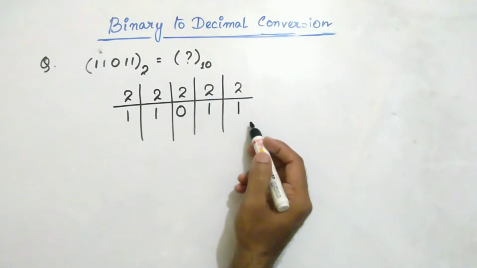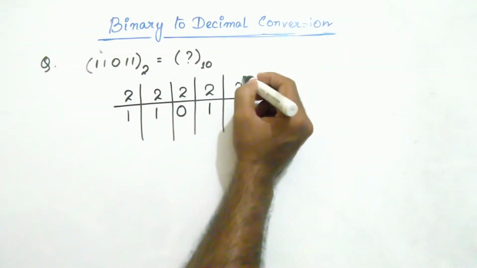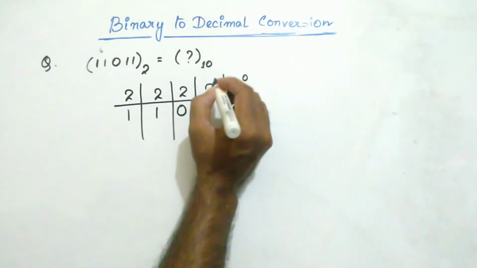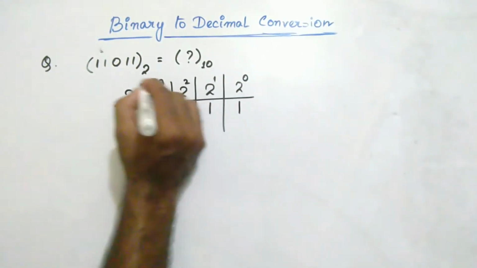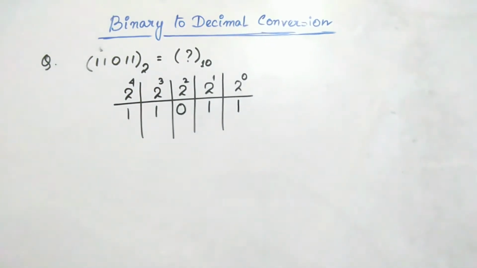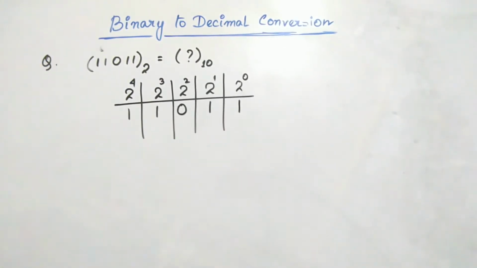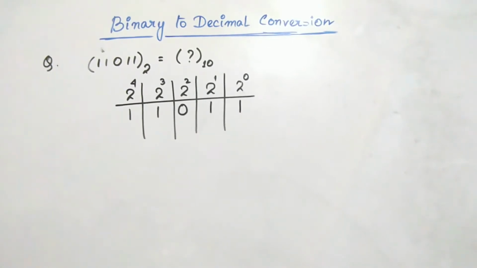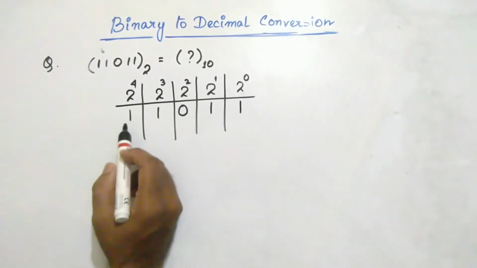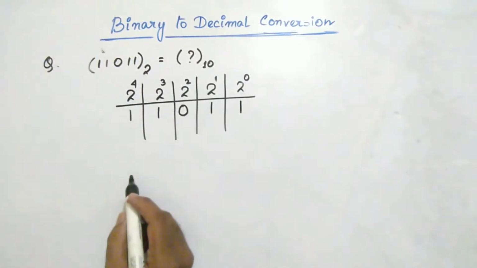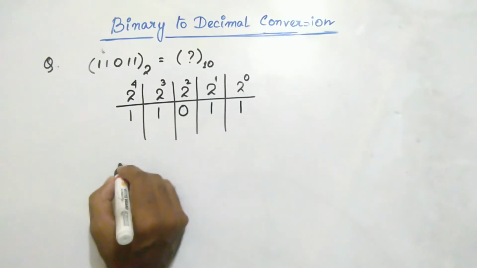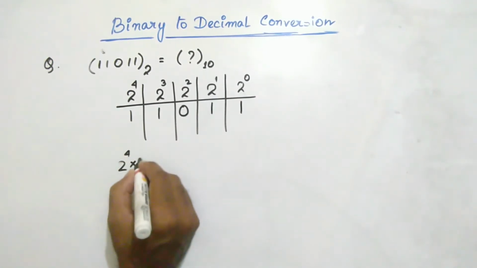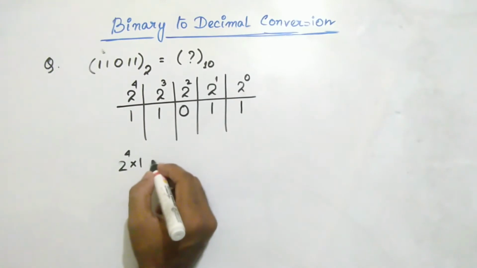Now this is our LSB bit, the least significant bit, so we are starting from 0, 1, 2, 3, 4. So we start putting the weight from the least significant bit and we move towards the left, and the power will be incremented by 1. So our next step is that we are going to multiply the digit with its positional value. So that means here 2 to the power 4 multiplied with 1, and after that we are going to add all the